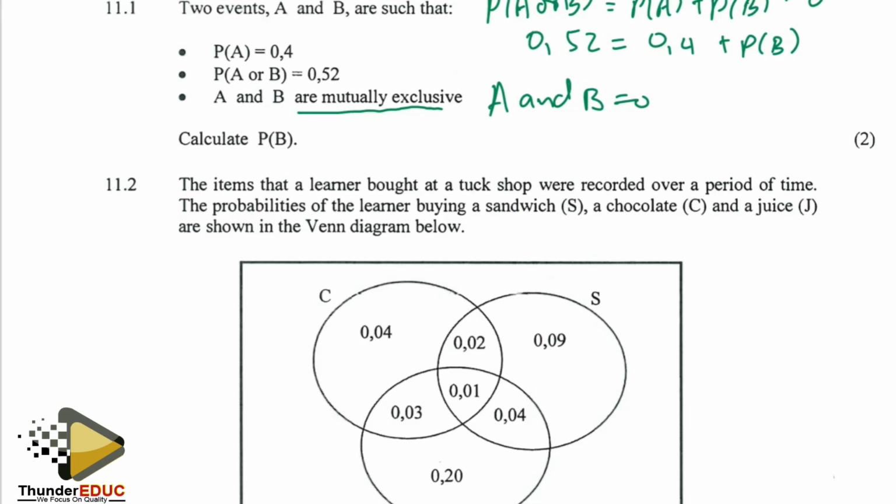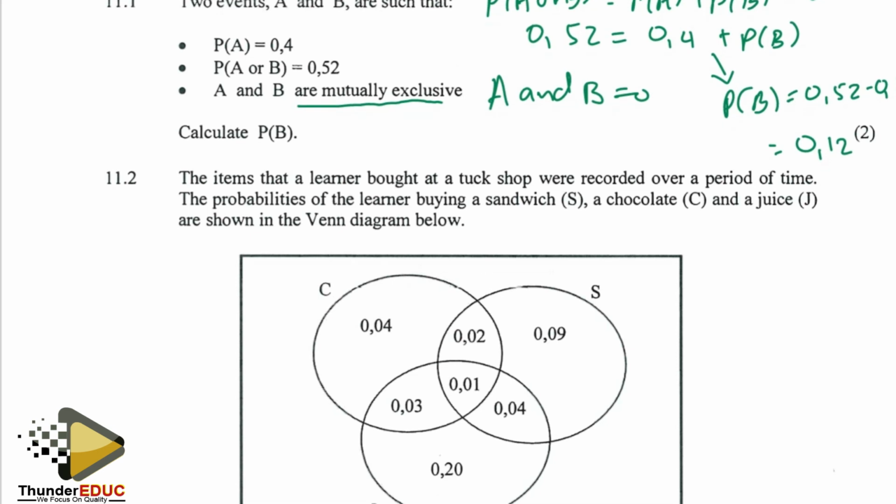Okay, let me just double check and be sure. So the probability of B is 0.52 minus 0.4. This gives me 0.12. I hope so, guys. 0.12. Okay, let's take that as our answer. Then